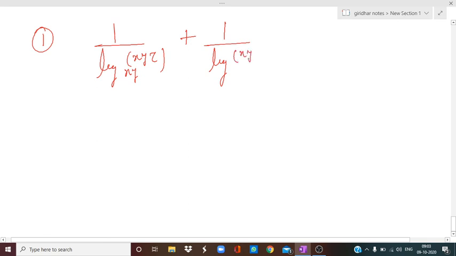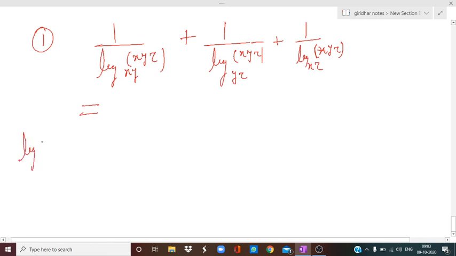Look at this one more situation. 1 upon log xyz with base xy plus 1 upon log xyz with base yz plus 1 upon log xyz with base xz। फाइन। सो अब इस तरह के प्रॉब्लम को करने के लिए बेस चेंज यूज़ कर दीजिए।